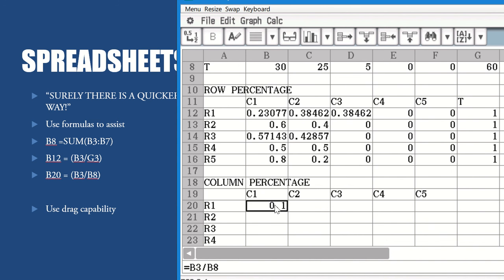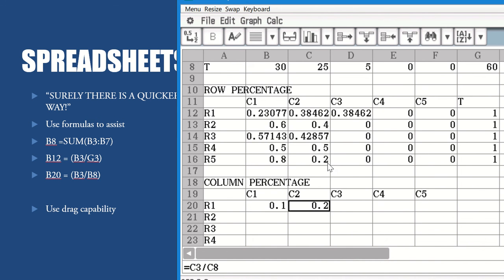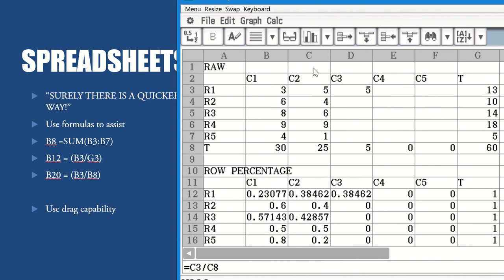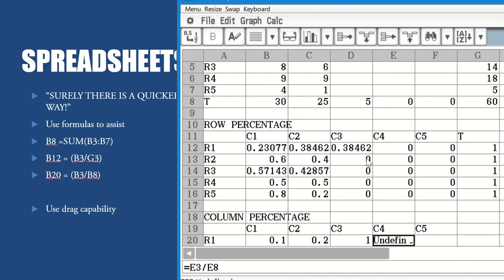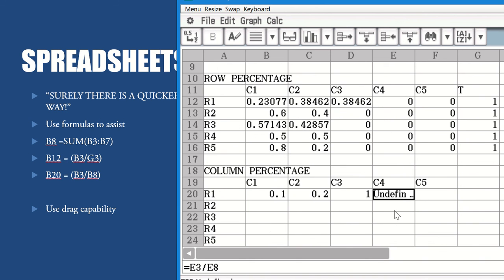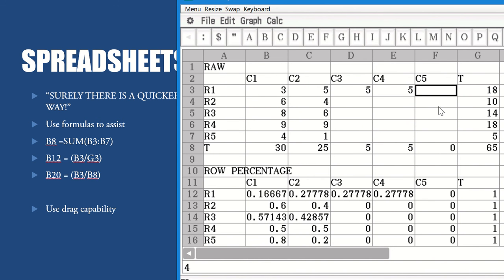But what it might work is if we go this way. So 5/25, C3 divided by C8 is what we want. C3, yeah, perfect. So that's working going across. Why is that 1 whole? Because there's only one number in there. That's perfect. That's working. Good. When there's no numbers in there, that's why it's undefined. If I put some numbers in,